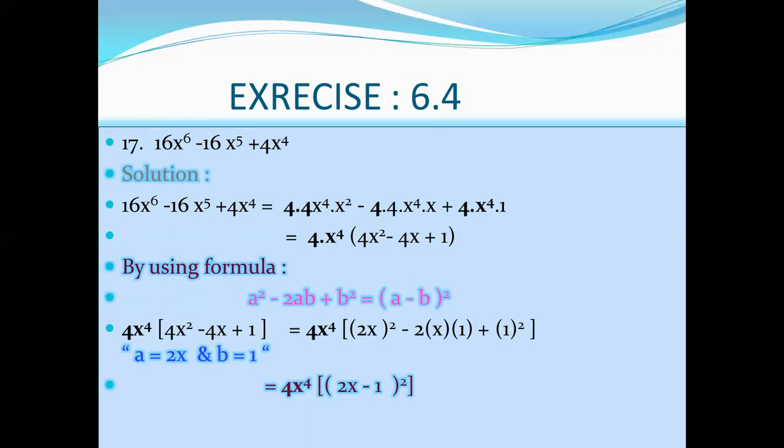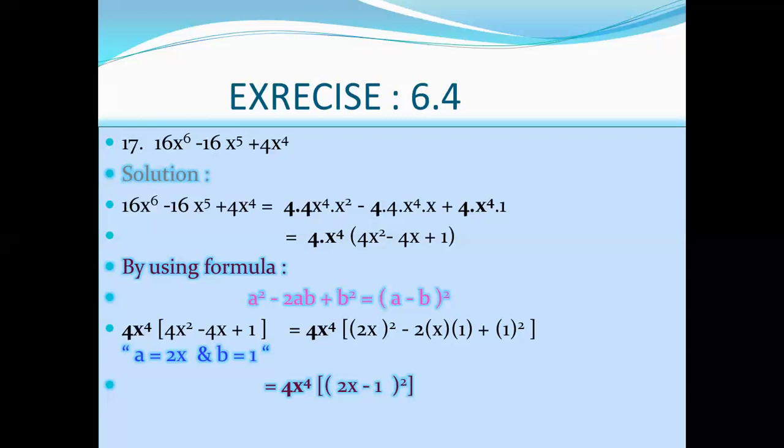16x^6 minus 16x^5 plus 4x^4. Write 16 as 4 into 4, and we split x^6 as x^4 into x square. That's why I told you the lowest power is x^4. So that's why we write x^4 into x square minus 16 is 4 into 4, x^4 into x, plus 4 into x^4 into 1. Now 4x^4 is common in all these three terms, so we take common 4x^4,